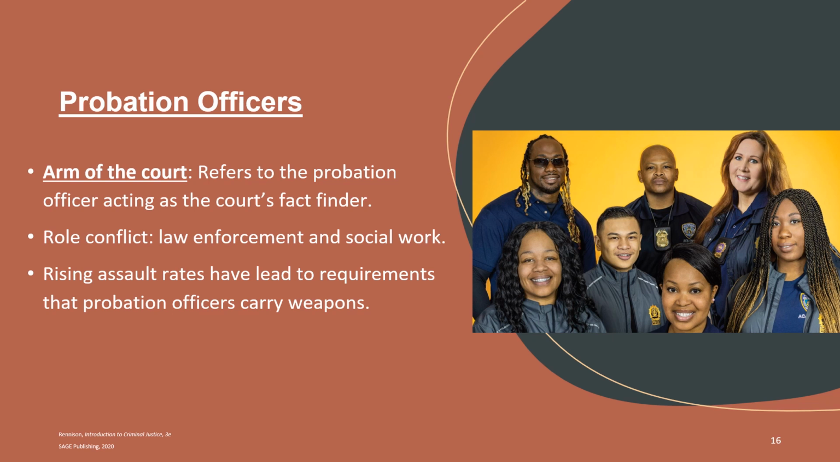Now, there's a huge role conflict with probation officers. In adult probation, they are POST certified officers, which means they can arrest, they carry guns, all of that. In juvenile, it's a little bit different. There are some sections of juvenile probation that carry guns and can arrest and are POST certified. Others fall under the social work umbrella. But there's this consistent role conflict between law enforcement and social work that probation officers feel, because